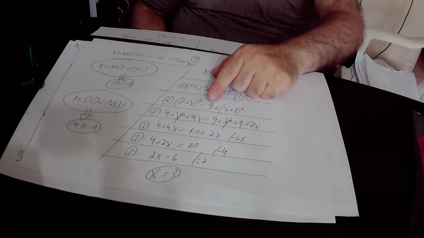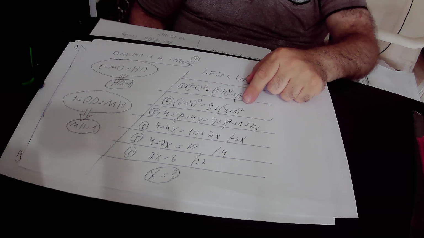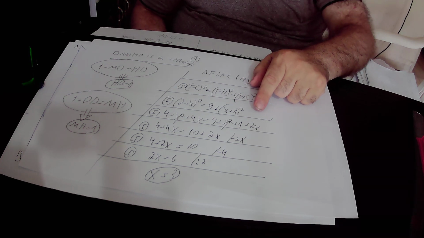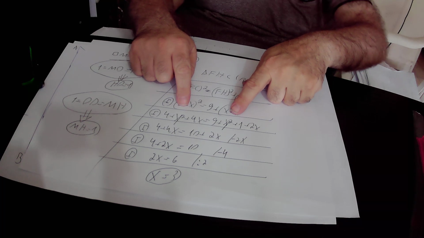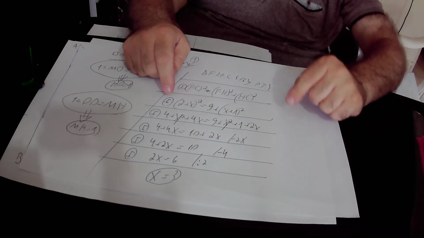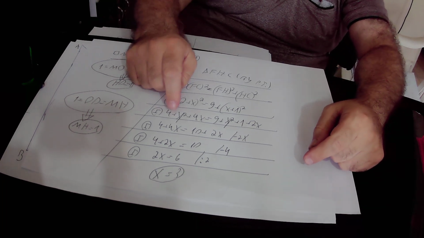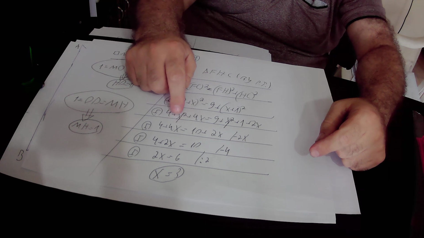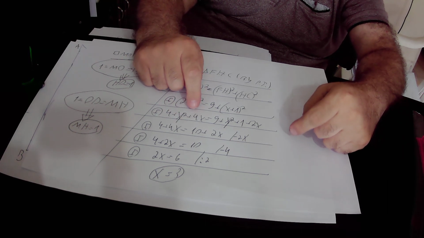2 times 2x, that is 4x, and it is equal to 9 plus (x plus 1) square. (X plus 1) square equals x square plus 1 plus 2x. Here we have x square on both sides of equation number 1, so x square will get cancelled. What is left of equation number 1 after we cancel x square? What is left is that on this side of the equation we have 4 plus 4x, on the other side we have 9 plus 1, that is 10 plus